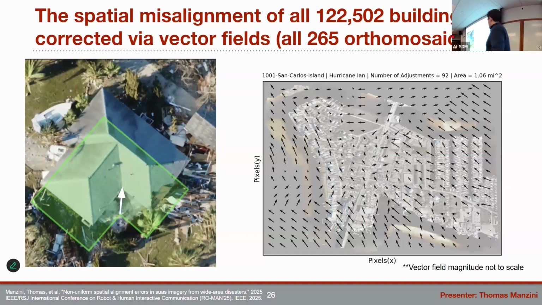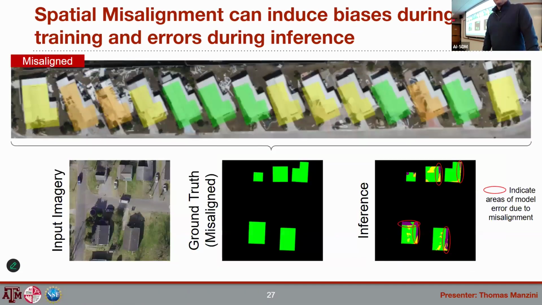And the way that we've done this is by learning templates, providing vector fields that adjust the locations of the building polygons into position on top of the reference imagery. Now, the reason why we're doing this, as I mentioned, is that it leads to biases during training and errors during inference. So on the far left, this is an input image that we've given one of our